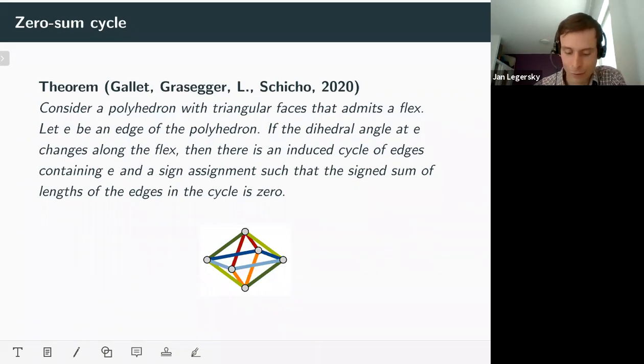So of course, this is obviously a Q-linear combination of the remaining edges of the polyhedron,